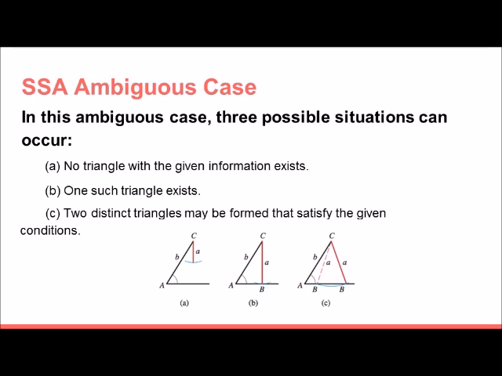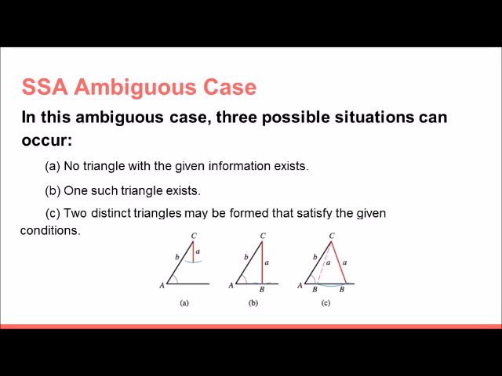As you can see in example A, with the given angle A and side B, side A does not complete the triangle, which means that no triangle exists with the given information. In example B, we see that side A